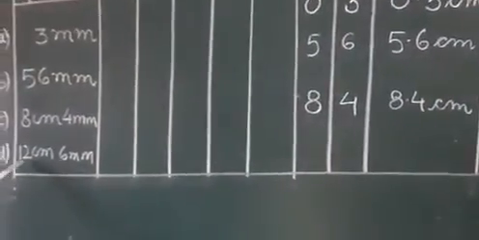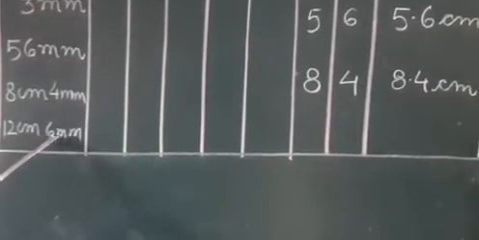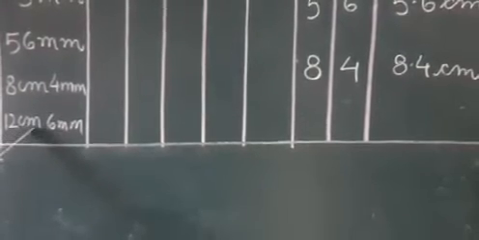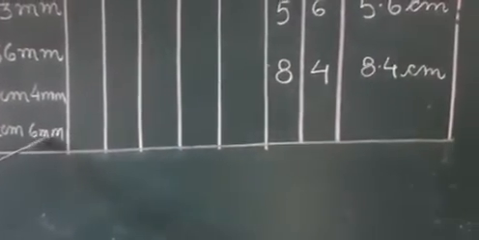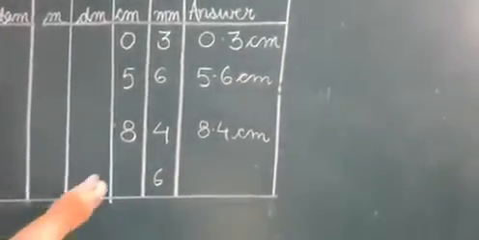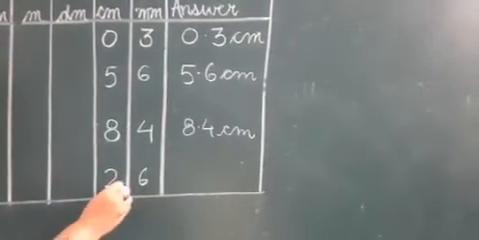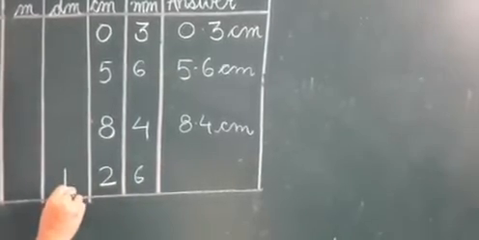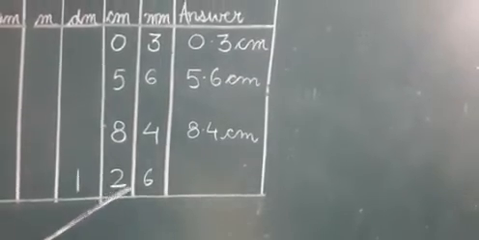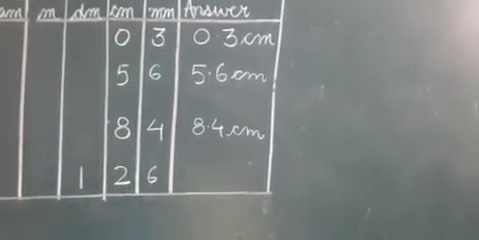Now the next question is 12 centimeter and 6 millimeter. So again we have 2 different units. So 6 will come in the millimeter column and we will start writing this number from the centimeters column. So here first I will write 6 in millimeters. Then this is the centimeters column. So 12 is the number, but we cannot write 2 digits together. So 2 will come in the centimeter column and 1 will come in the column to the left of centimeter. So this is how we are going to place the numbers, 1 digit in each column. And we have to put the point after centimeter. So it will be 12.6 centimeter.